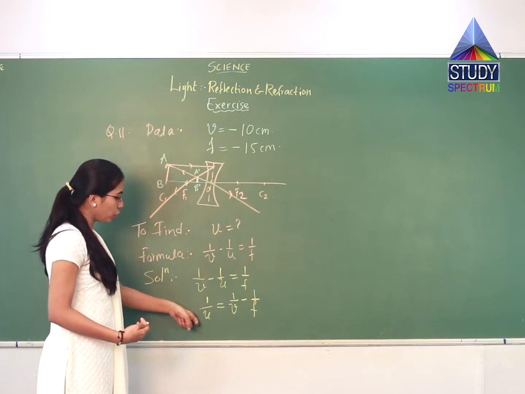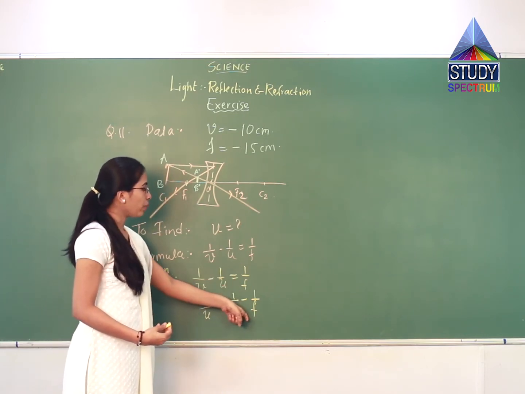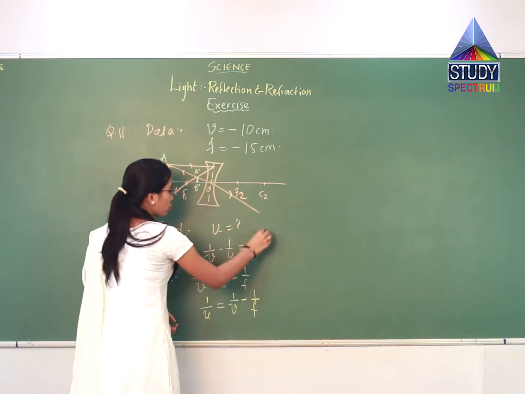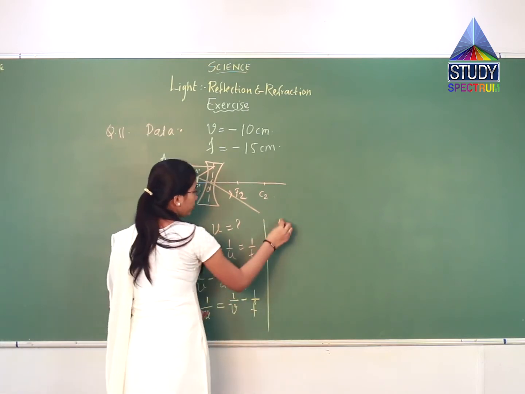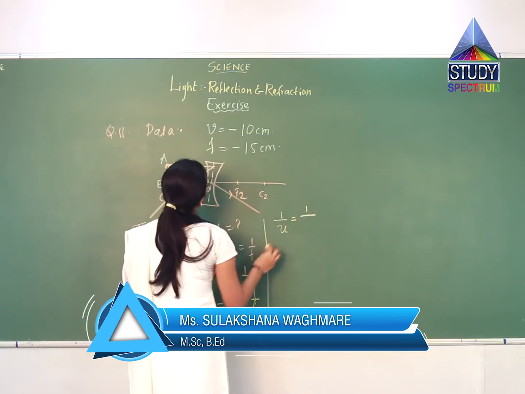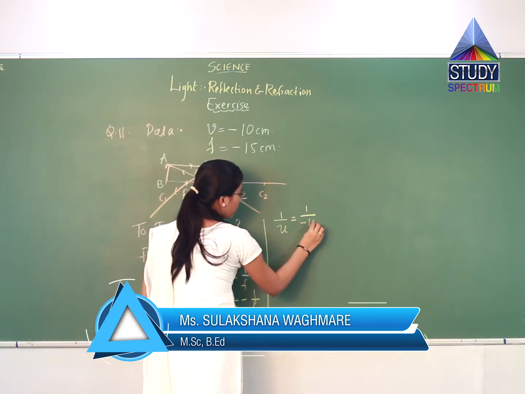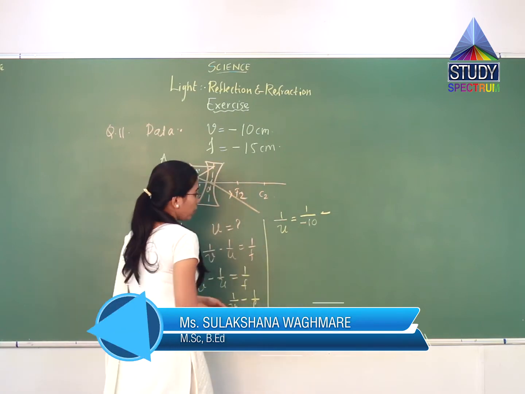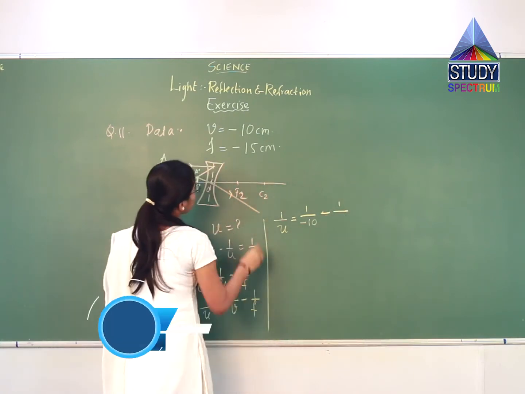So let us substitute the values. 1 upon u is equal to 1 upon v, which is minus 10, minus 1 upon f, you can see f